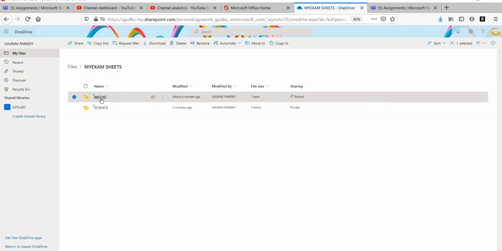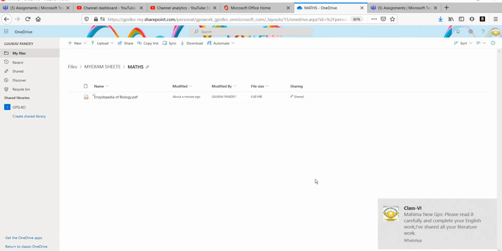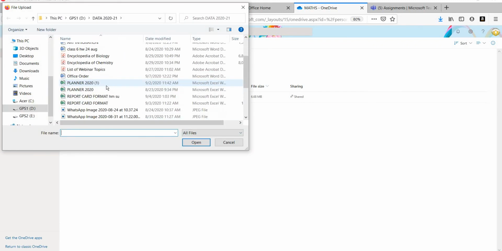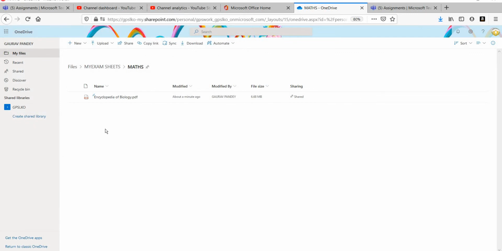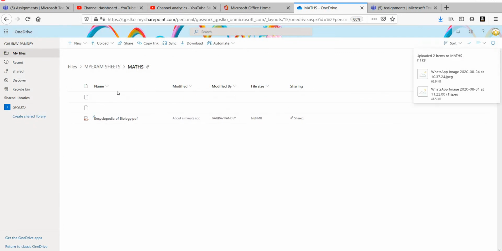And one more thing, if you are sharing image files, then upload all the images. Suppose I have taken 2 images, and I have uploaded them now.